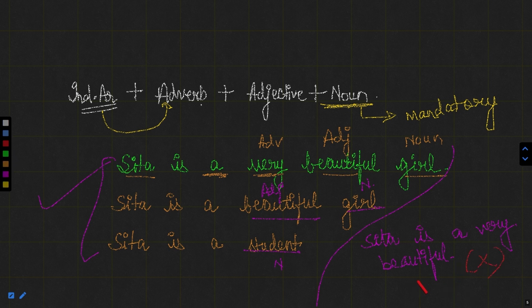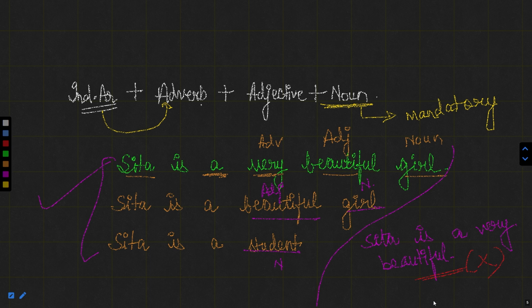Why so? Because here we do not have a noun, whereas a noun is mandatory to place an article before it. If there is no noun in the sentence, no article will be used. This concept is very, very important. In a sentence, it is mandatory to have a noun, otherwise we cannot place any article in that sentence if there is no noun to be modified by it. So there must be a noun to place an article before, otherwise the article will not be used.